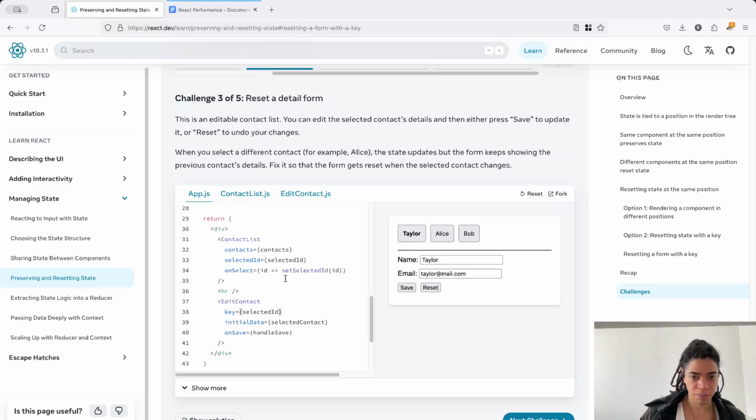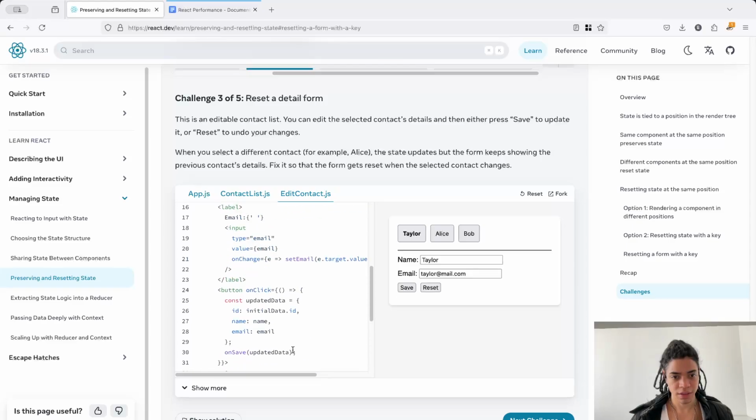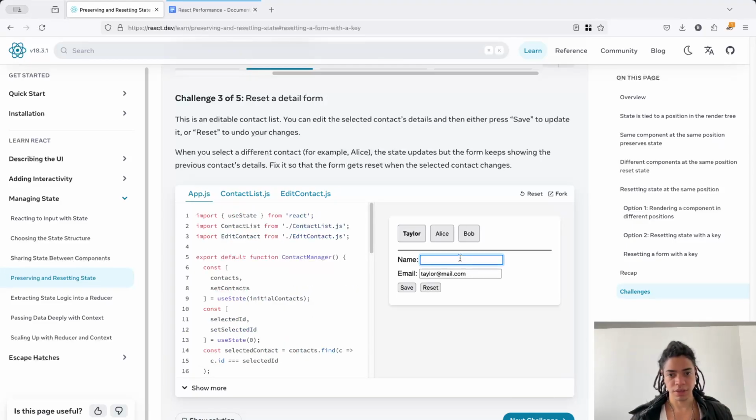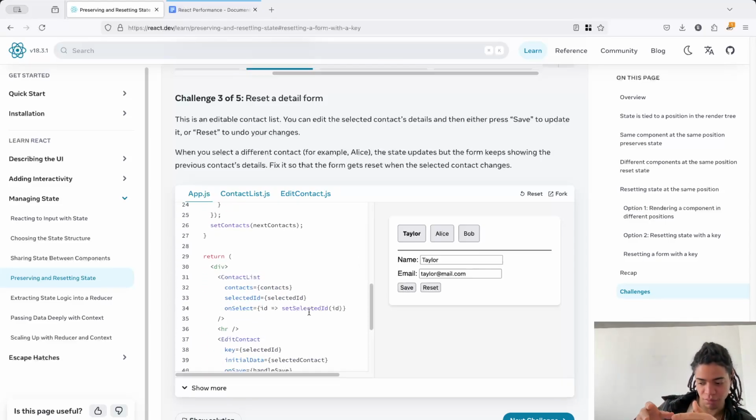Again, reset doesn't work. So we are resetting with the proper state. Not sure what reset is supposed to do. Oh, okay. So you reset that and then you save it. But again, this is how you can tell this component, hey, I want you to reset the state. Do that with this new way of resetting the state. Reset the state from this component, but you actually must have a key for that, as a way to let React know to keep track of all of these